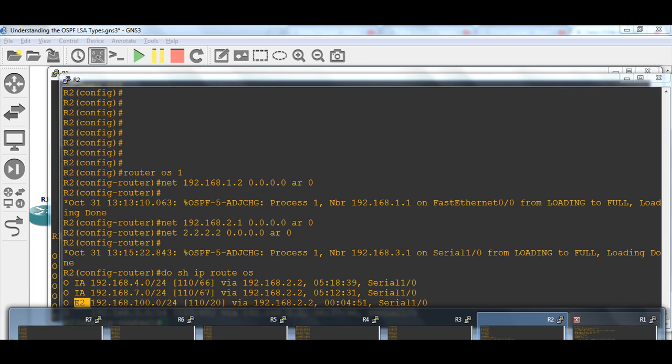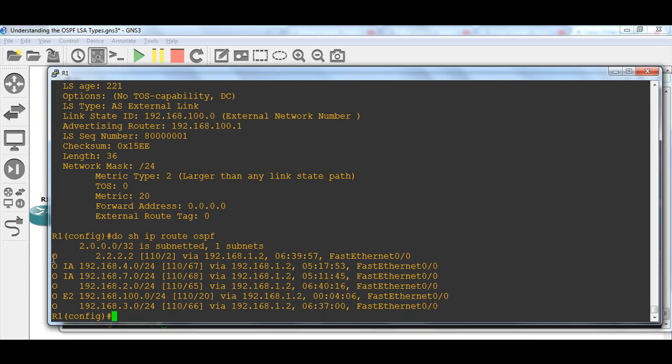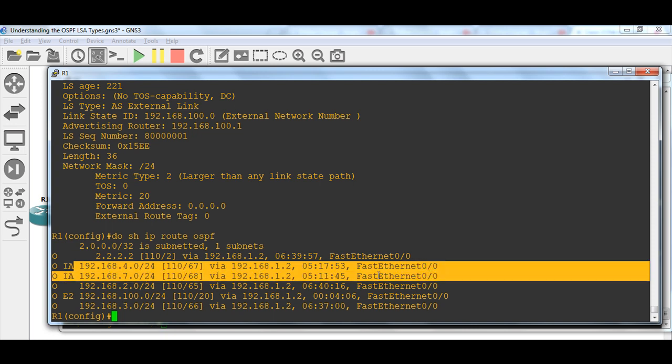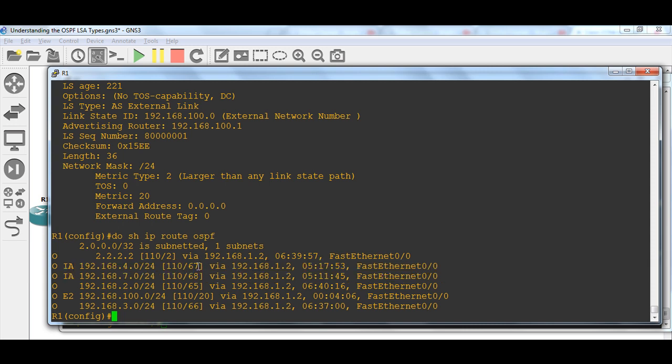Now also on router 1 we see the O IA routes and the O only routes. So the O IA routes are the routes coming from outside the area. They are the inter area routes that are coming using the LSA type 3 from the ABR. And here we see the networks 4.0 and 7.0 as O IA routes, and we see that the metric is 67 and 68,